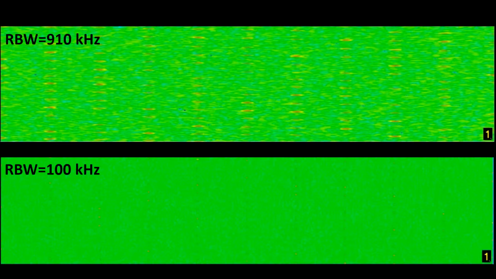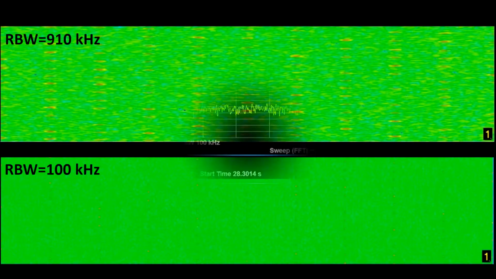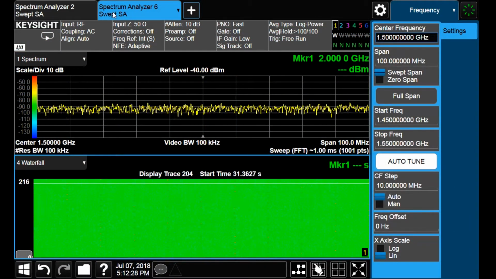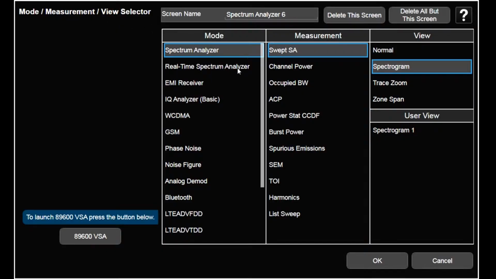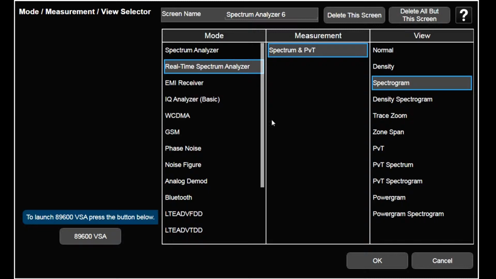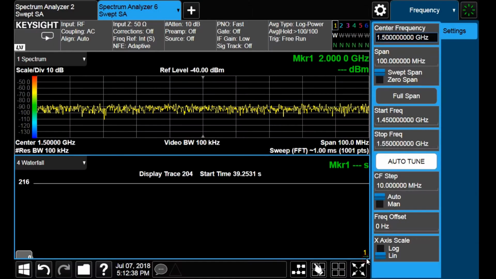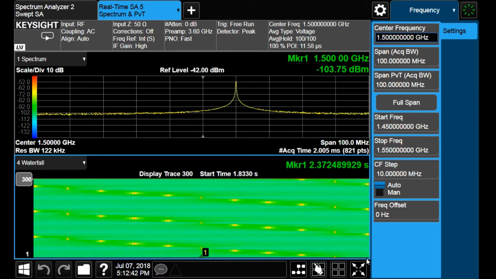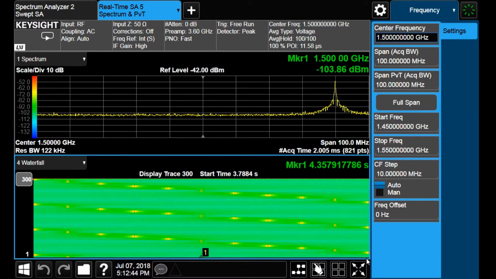And we got it. It is the real-time spectrum analyzer function. Let us check how it works. I tap on the plus icon and this duplicates the view. Now I tap on this tab again and specify the mode Real-Time Spectrum Analyzer. The visualization of the signal clearly improves.